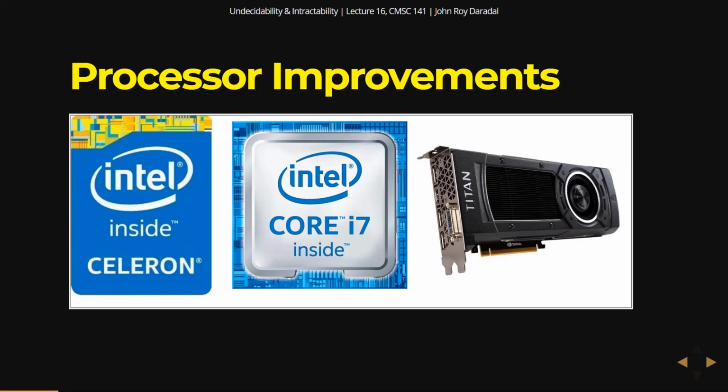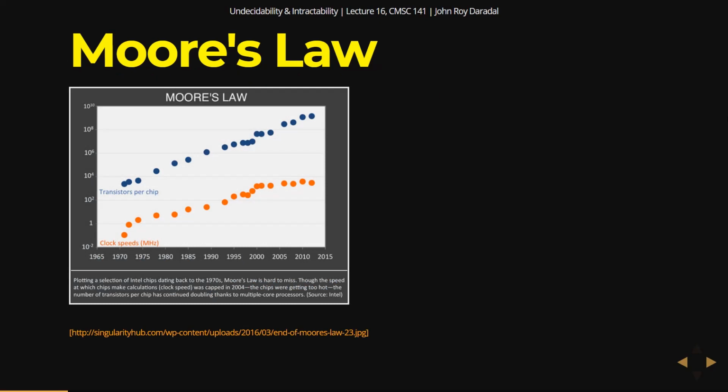From the early computers with their really slow processors, to now the i7, i8, i9, and then you have the GPUs now as well for gaming computers, right? So we have seen continuous improvements both in the memory and processors, and this is due in part to Moore's